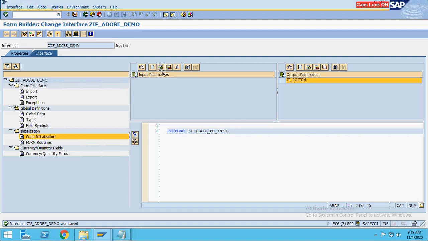Okay, so this is how we do. Sometimes it works without putting it over here, and sometimes it does not work. In that case you must give it. Okay, so